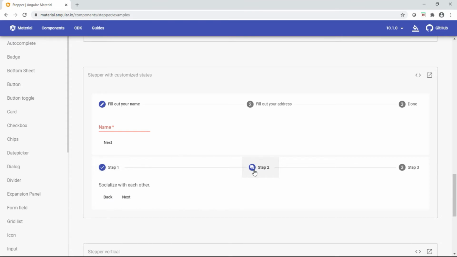In this particular situation, if I go back, notice the second state looks like it's been visited, but if I go to the second state, it says socialize with each other. I'm looking at a different icon. It's blue now, and I think this is a forum icon. And if I click next, and then I come back here,